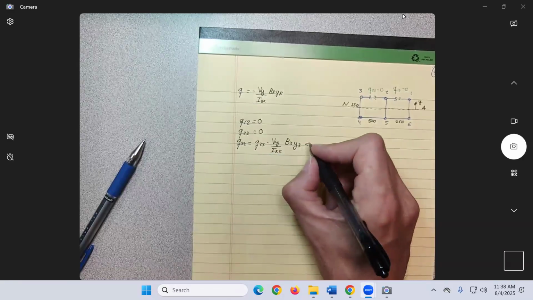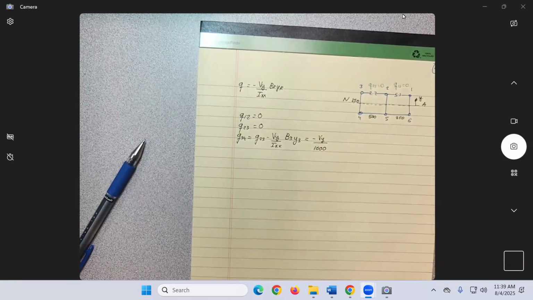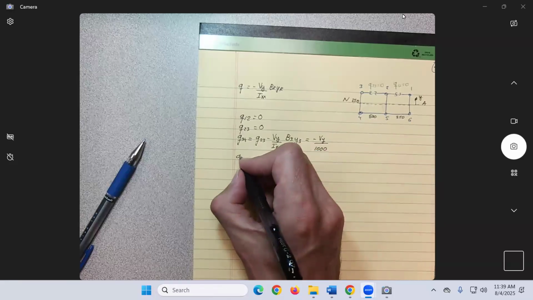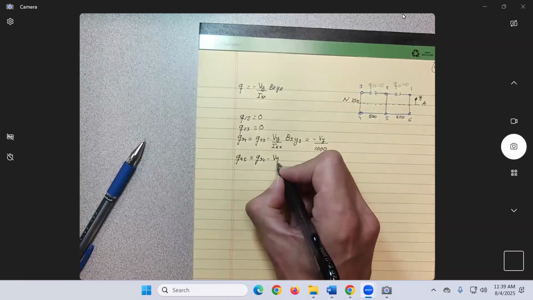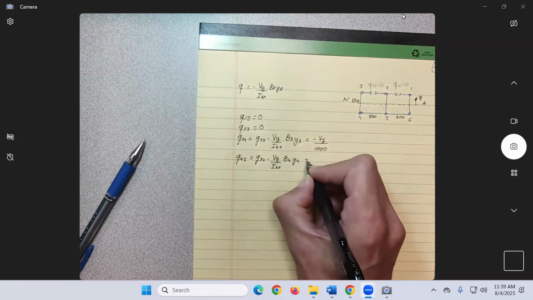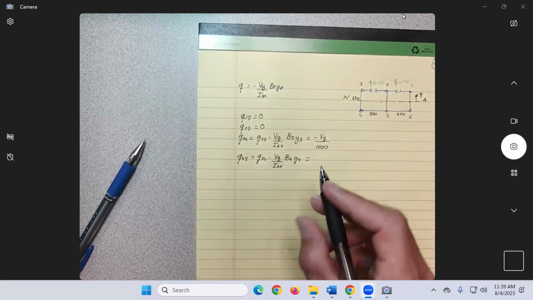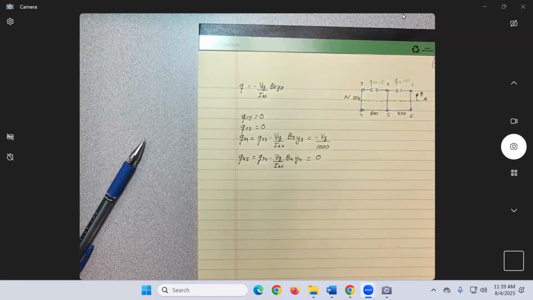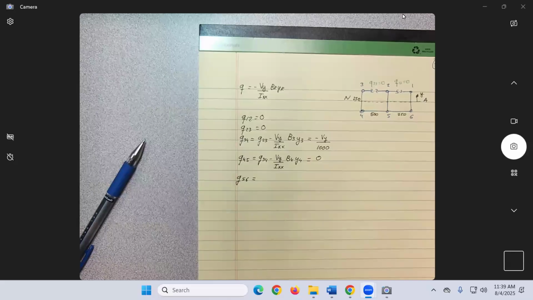If we do that calculation that you know how to do now, you get minus Vy over 1000. You could do a calculation, or you can do it by symmetry, but Q45 should be equal to what? Q34 minus Vy over Ixx B4 Y4. What should we get? If you look at the symmetry, this one is 0, this one should be 0, no? So we should get 0. Then we go 5, 6. Q5, 6. So this one will be,